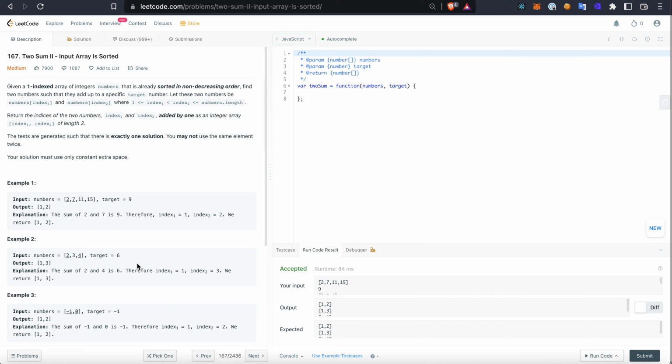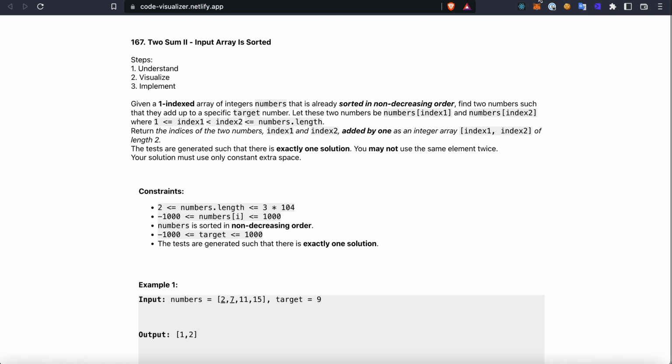We're going to be looking at problem 167, Two Sum II, input array is sorted. Jumping into the code visualizer, let's remember the 3 steps of solving any problem: 1, understand it. 2, visualize it. And finally 3, implement. So, given a 1-indexed array of integers numbers that is already sorted in non-decreasing order, let's